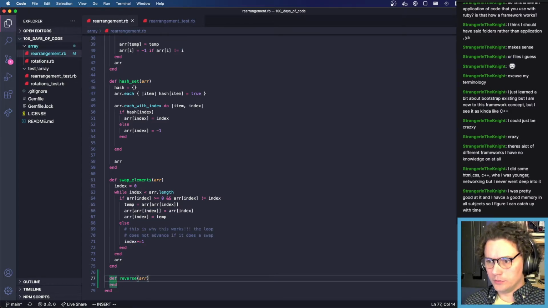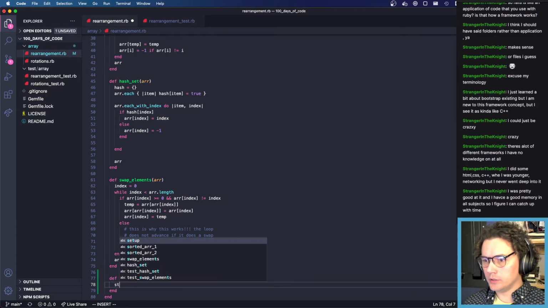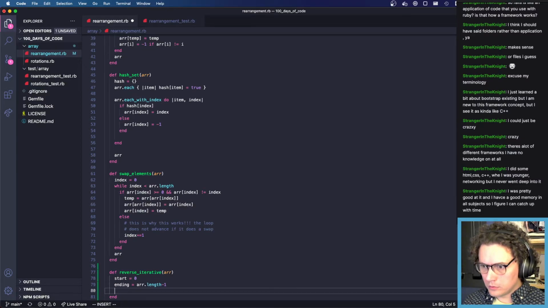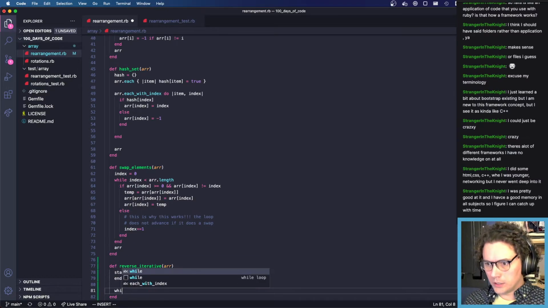Ooh, and they did mention iterative, so I assume there's a recursive way. It's just reverse, and start will equal 0. Ending will equal length plus 1. And while